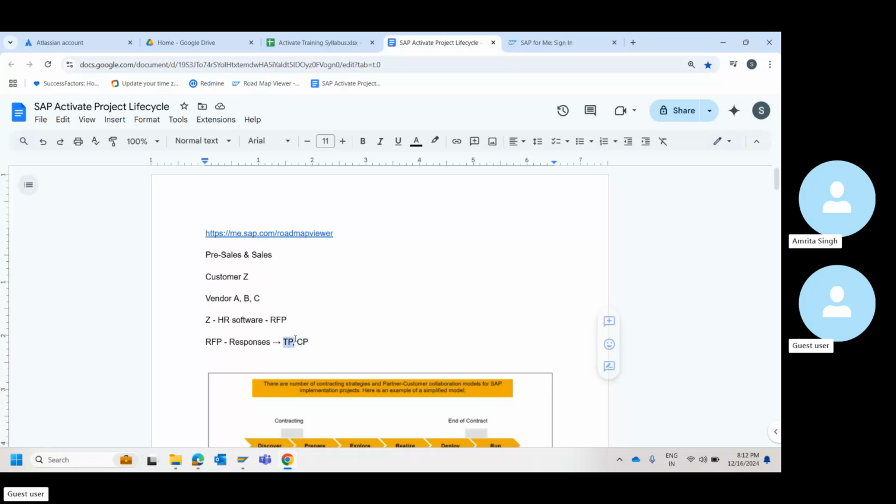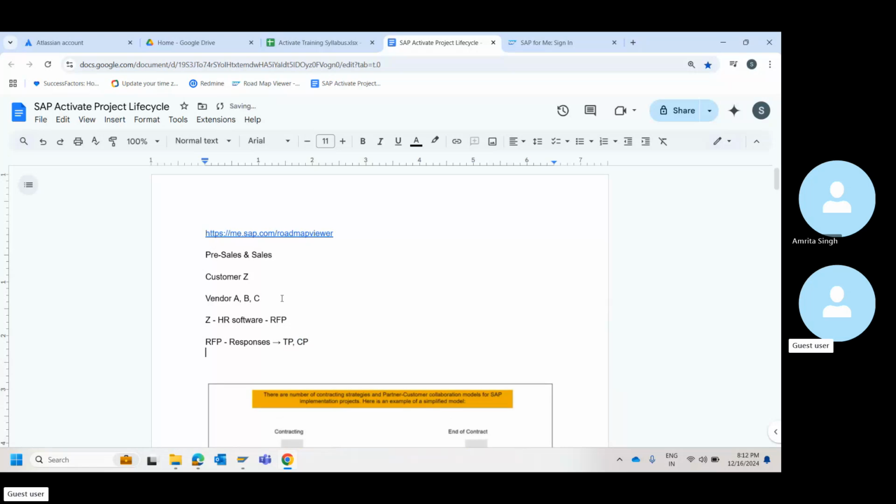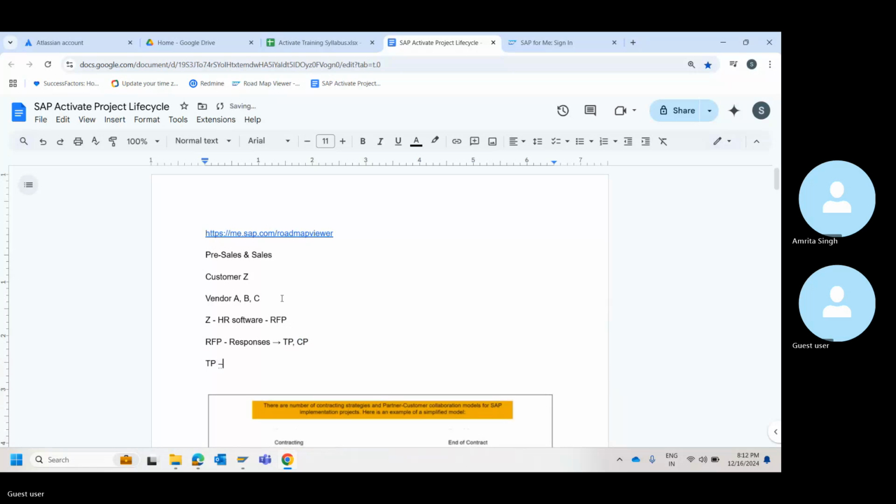Usually, what does a technical proposal contain? It has the project timeline, the solutions that we are going to offer, the modules and business processes that we will implement to map the solution. Then what value benefits they will get.